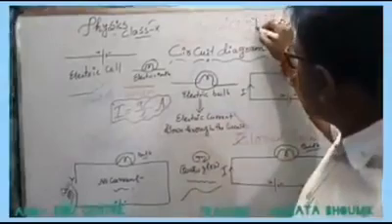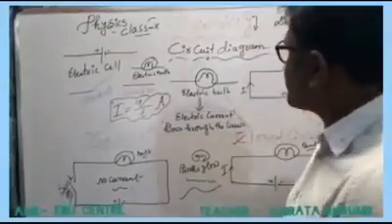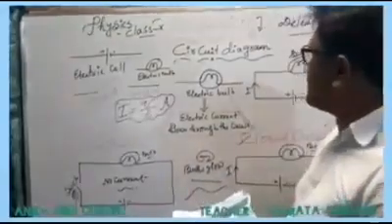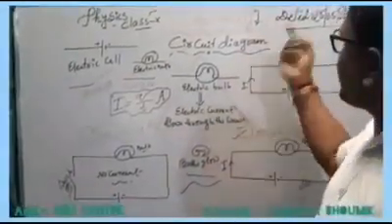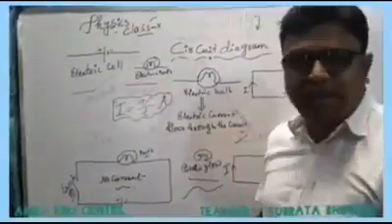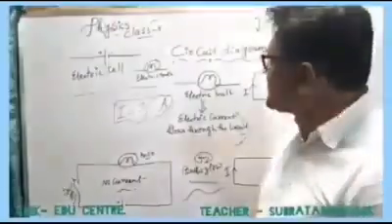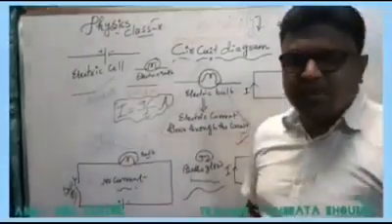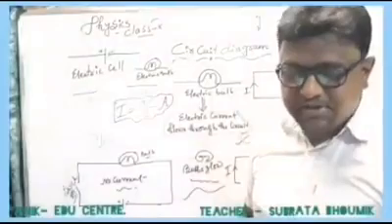So up to this much, what we learned today: first of all, what is electricity? Electricity is nothing but a source of energy. After that we came to electric charges. Electric charge is nothing but a flow of electrons in a particular circuit. Electric charge can be divided into two parts: one is positive charge and another is negative charge. Positive charge is called proton and negative charge is called electron.